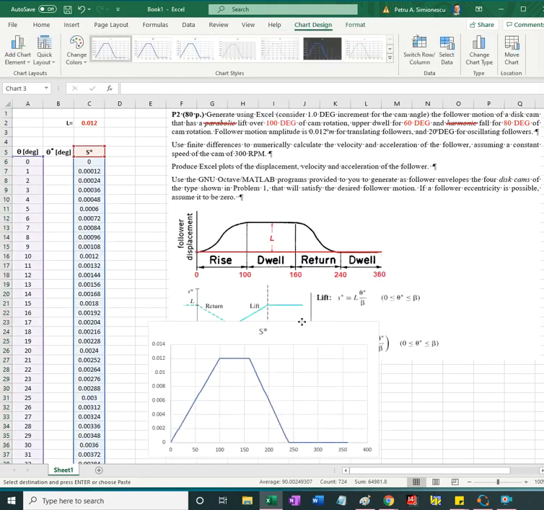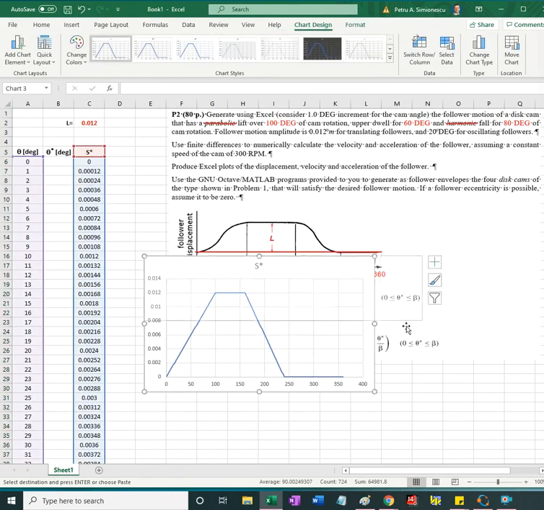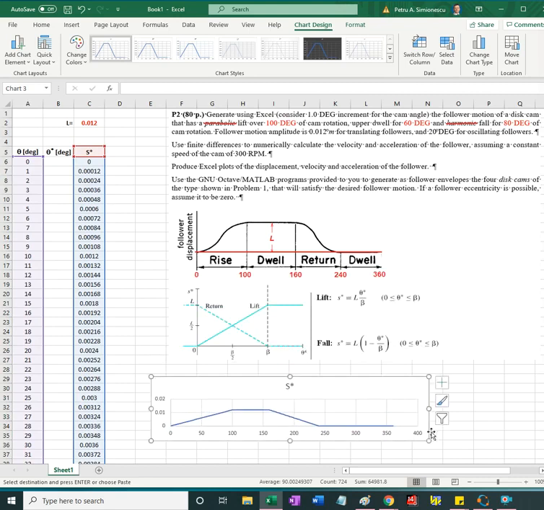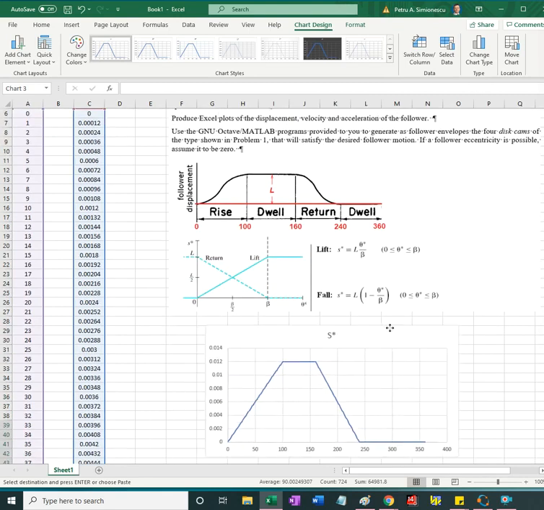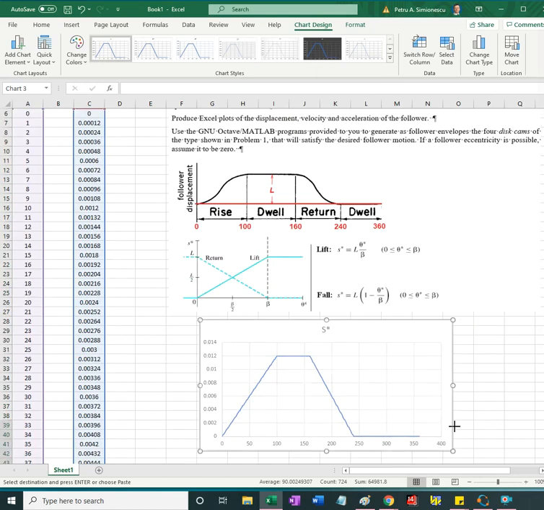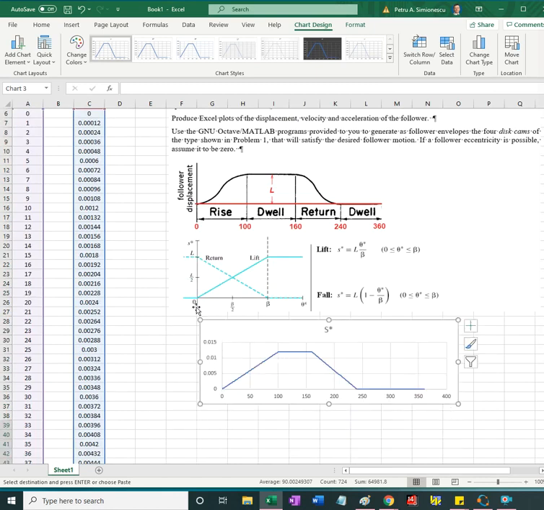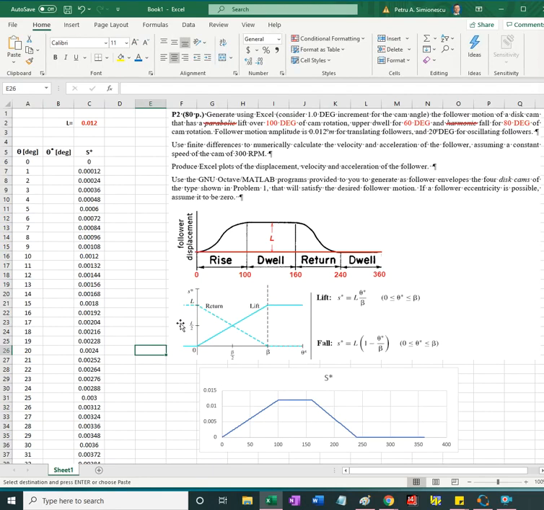Okay, so I have for linear functions, linear motion programs, the graph, and it appears correct. If I want instead, I'm just changing L to 20, and I'll get the graph for the oscillating follower. So what I could do is to just take,